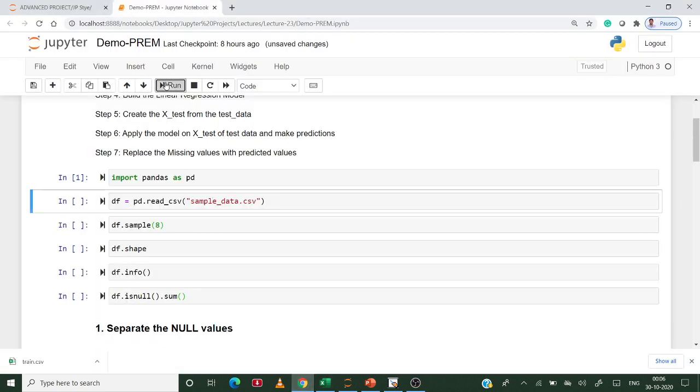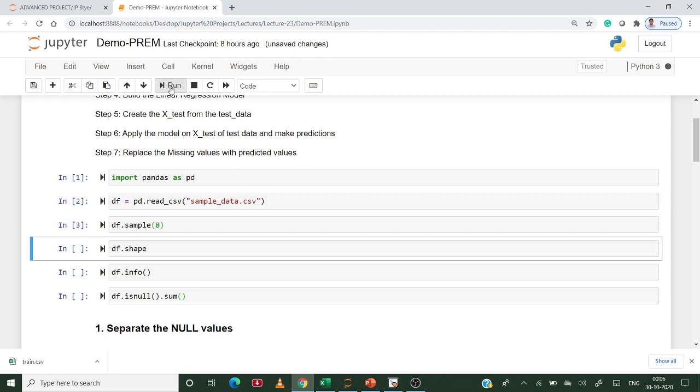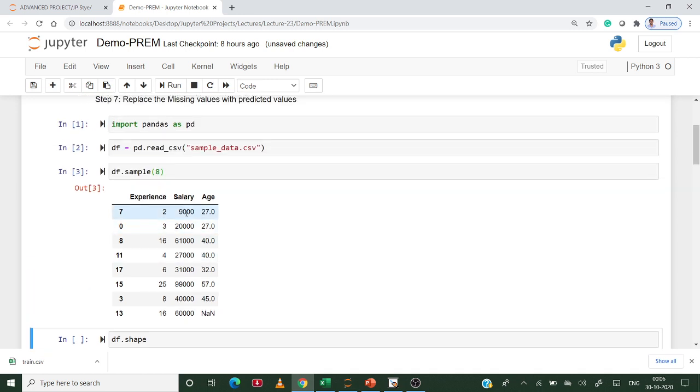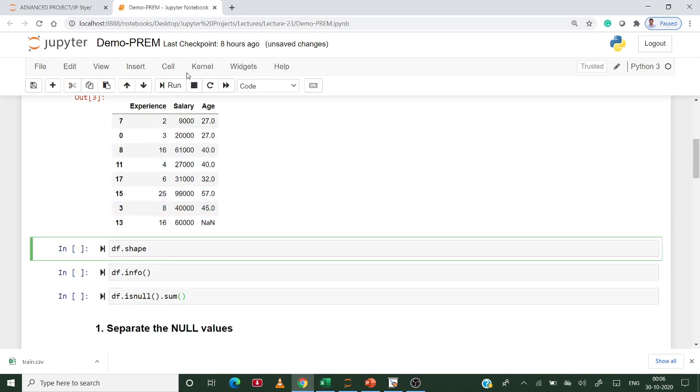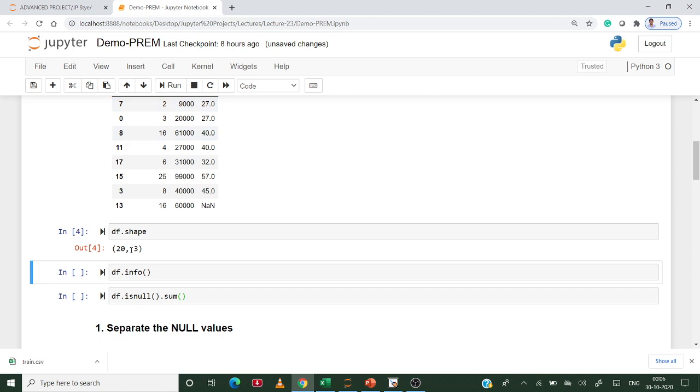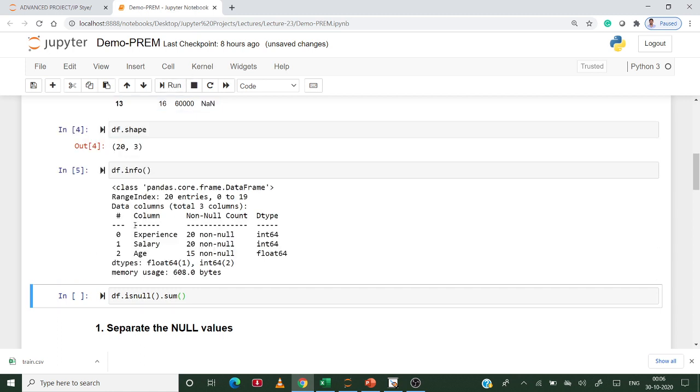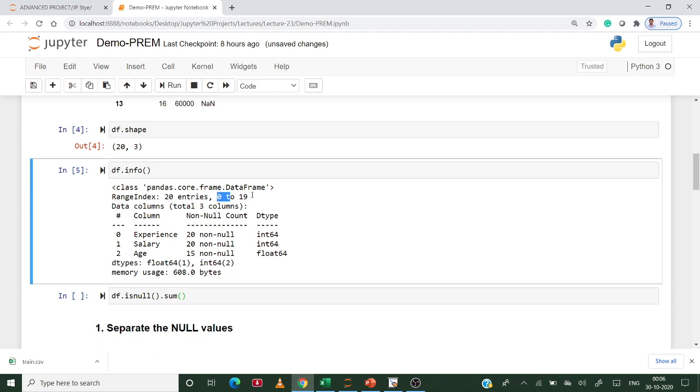So here I am importing the data frame. So here see, my data set is experience, salary and age. So here my data set shape is 20 by 3, 20 rows, 3 columns. df.info, if you observe 20 entries, 0 to 19.